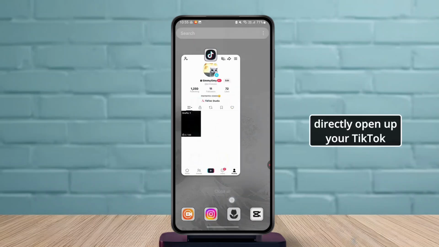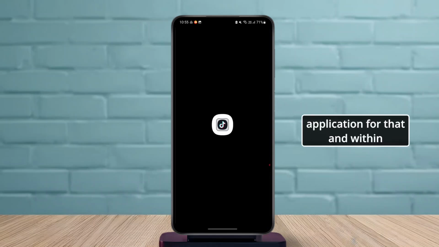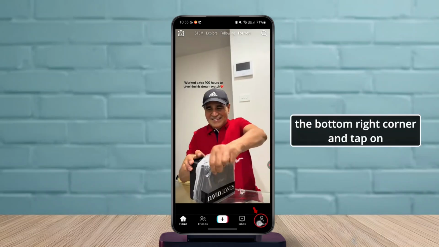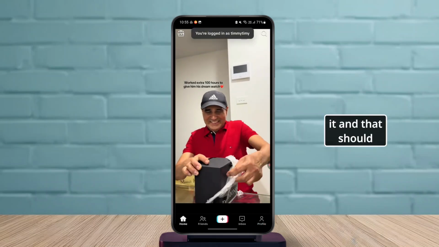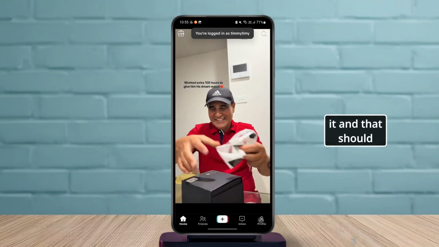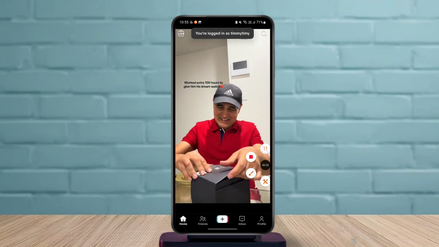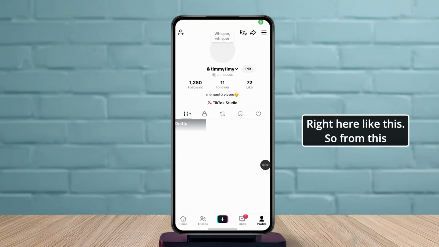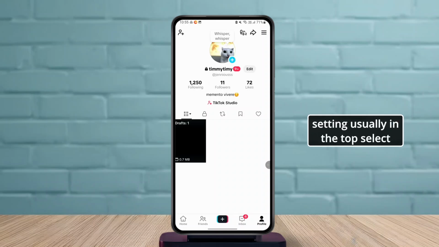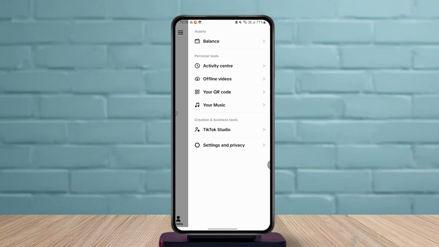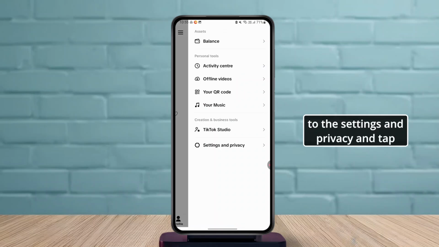So you can directly open up your TikTok application for that, and within your TikTok you can go to your profile. So go to your profile in the bottom right corner and tap on it, and that should access your profile right here like this. So from this option right here, you can directly look for your settings. Usually in the top, select the menu. And once you select your menu, you just need to go over to settings and privacy and tap